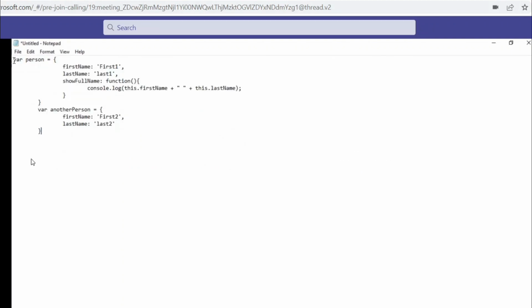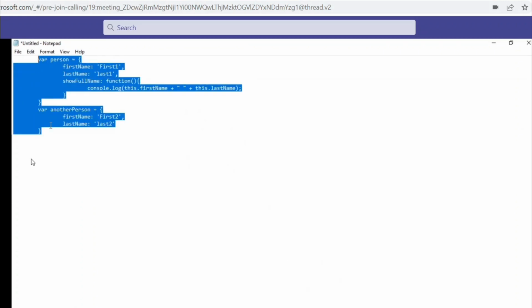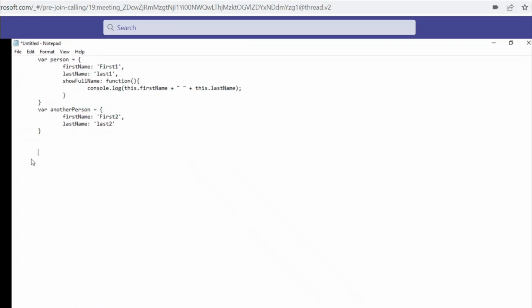If I write person dot show full name, what will be the output here?